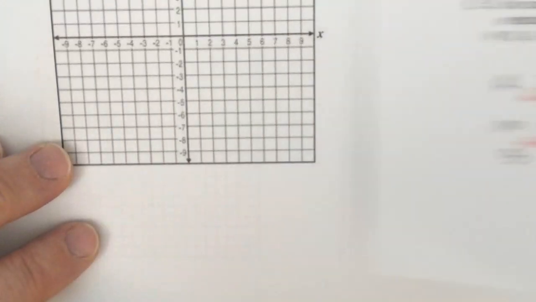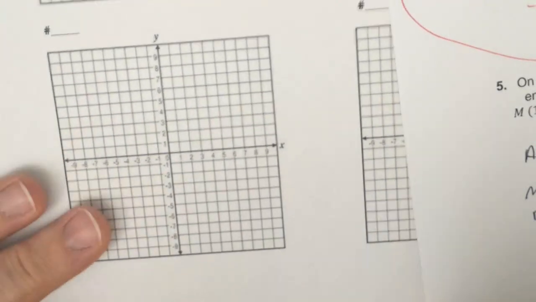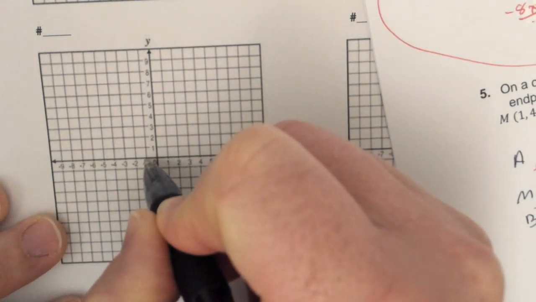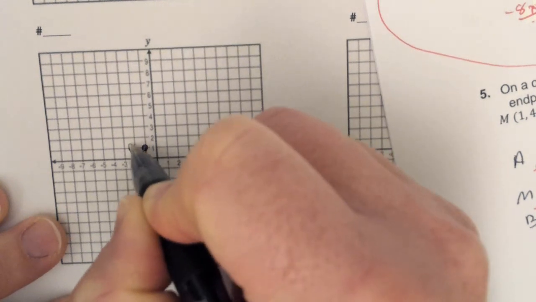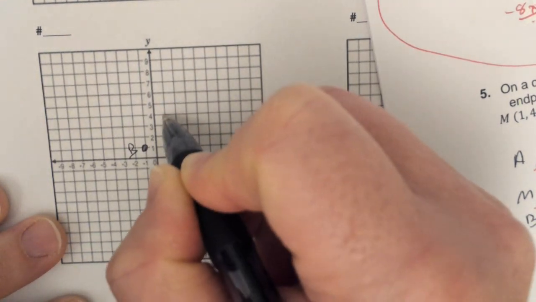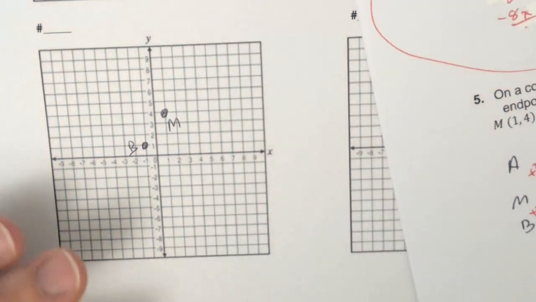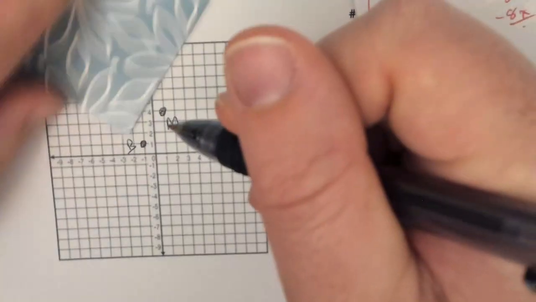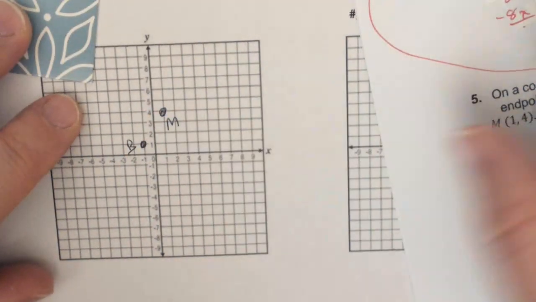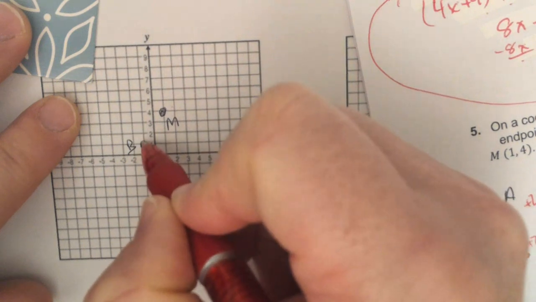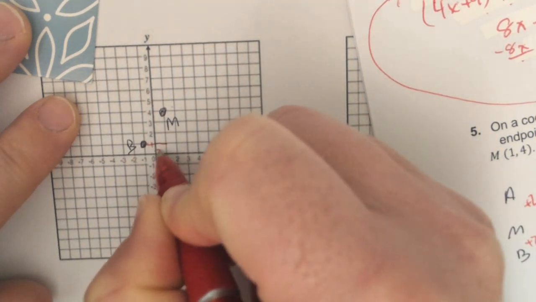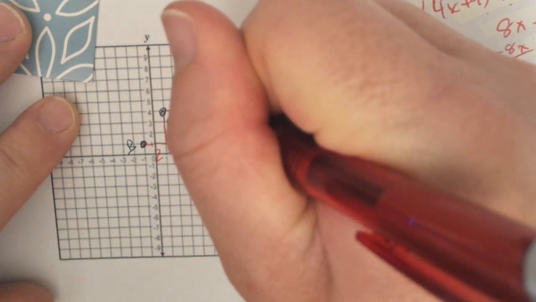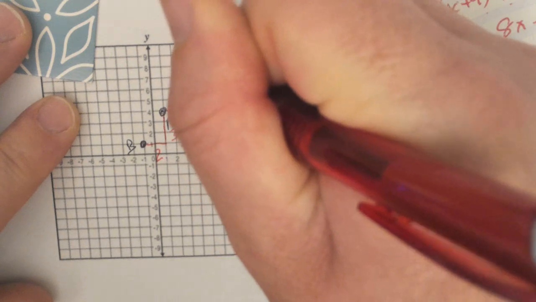And if you were not comfortable with that, the other way you can have done this is to put this on the graph, right? Your B was at -1, 1. Your M was at 1, 4. So if we have this so far, and M is in the middle, that means that we need to continue that pattern, right? So how did I get from B to M? I went 2 to the right, and I went 3 up. So just do it again, 2 to the right, 1, 2, 3 up, and I landed right here, and this